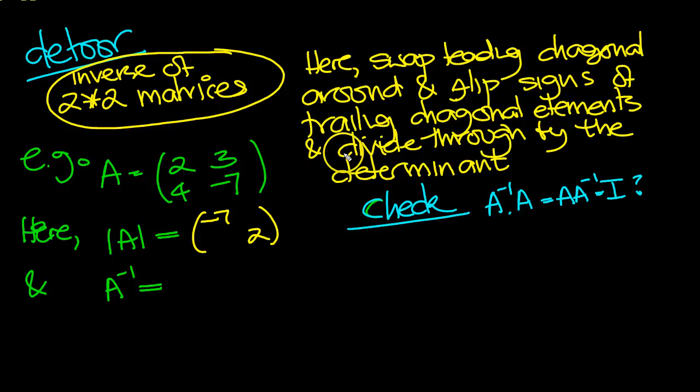And then the trailing diagonal, which is this one, what you do is you flip the signs of the elements. So because that's a 3, you flip it to minus 3. Because that's a 4, you flip it to minus 4. I've just done that wrong there, because that should be below, shouldn't it? So this is now,